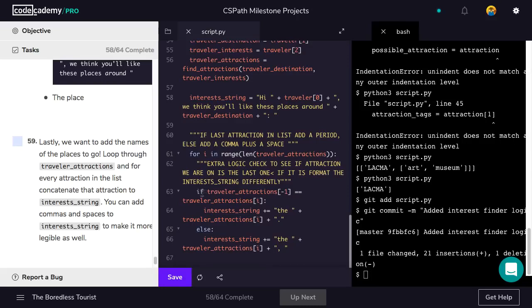What do I want to do? Well, I want to see if the current traveler attractions at the 0th index is equal to the last element in my traveler attractions list, which is signified by this -1. It says, all right, look to the end and then tell me what the last element is in this list. So that's what that -1 represents. If the last element in the traveler attractions list is equal to the current traveler attractions that I'm iterating over, then that means it's the last